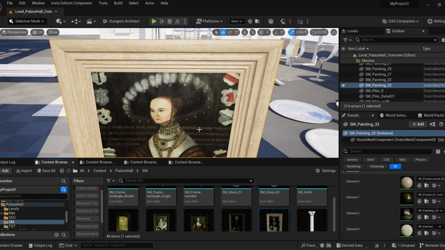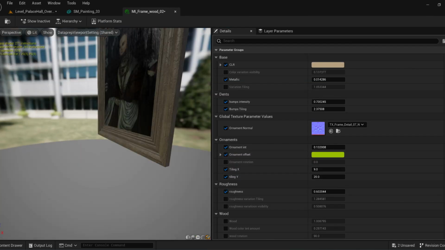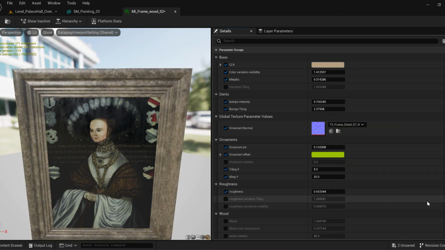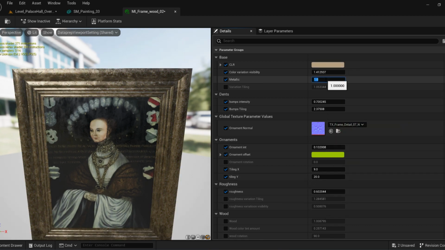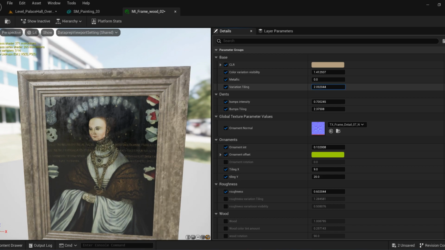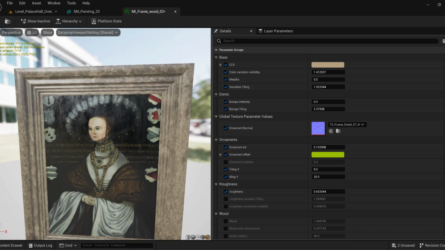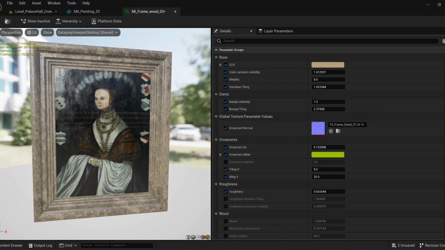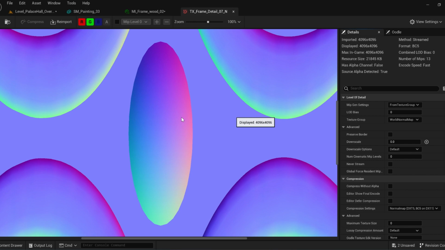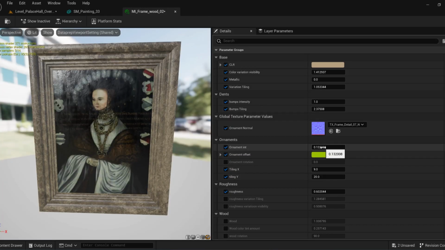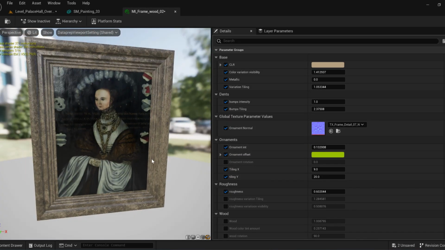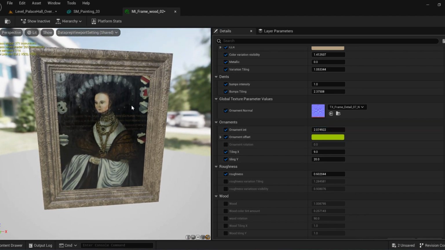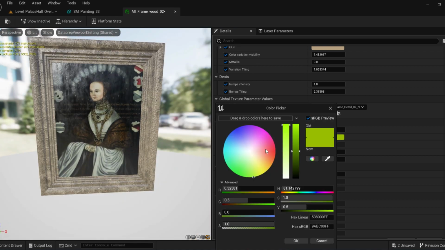Let's look at the material instances. For the frame of this picture, we can change the color and the color visibility, like the contrast between them, whether it's metallic or not, the variation tiling, bump intensity, which is like normal intensity maybe. Then we have this ornament normal. However, it may not be that visible, so we have to increase the ornament int. I don't know what that int may mean, but to make it visible,